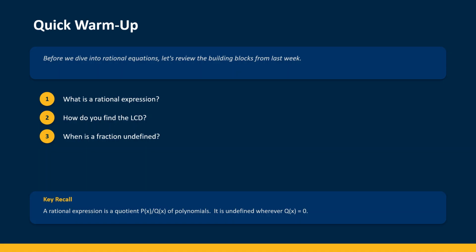The agenda for this session proceeds as follows. We begin with the 5-step procedure for solving rational equations, then work through a detailed example. We examine the cross-multiplication shortcut and its limitations, analyze the extraneous solutions phenomenon with a counterexample, and connect the domain verification habit to numerical stability in machine learning. We then conduct a 10-question practice quiz and conclude with a recap and preview of next week's material on radicals